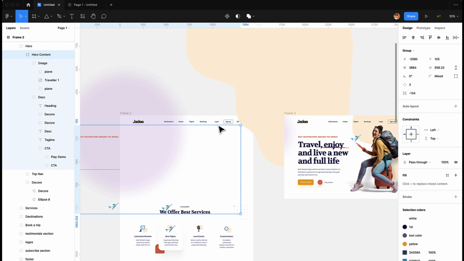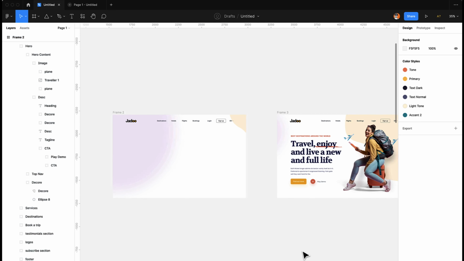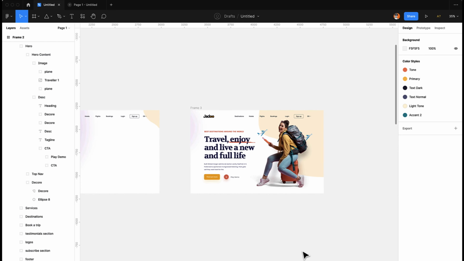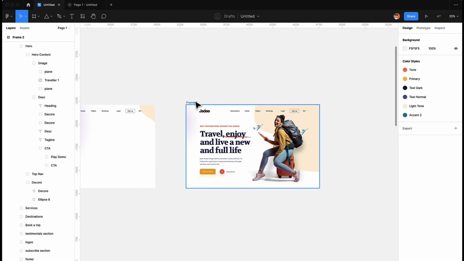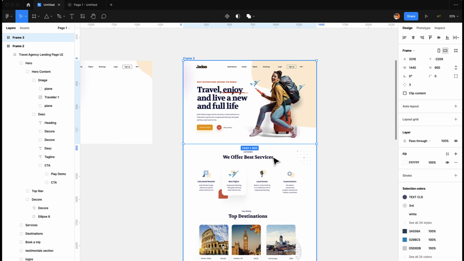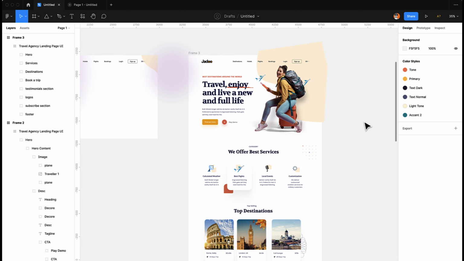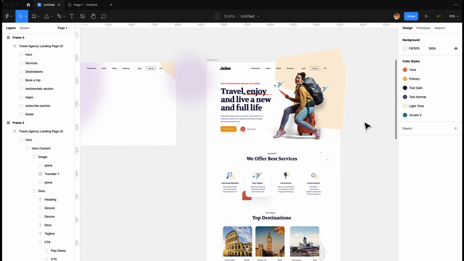What I will do here, first thing is I'm going to clip content so that it's not cluttered. The second frame now, I'm going to do the same here, remove the clip content from here, and let's see what we got here. I'm going to clip content for this one too. So now what we have to do is